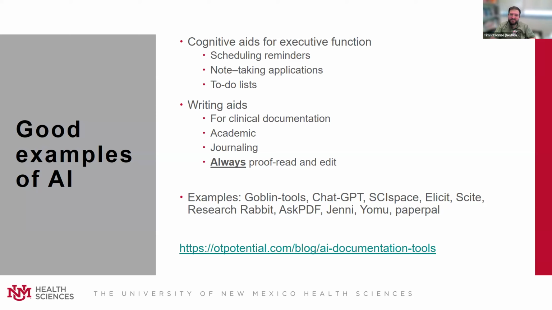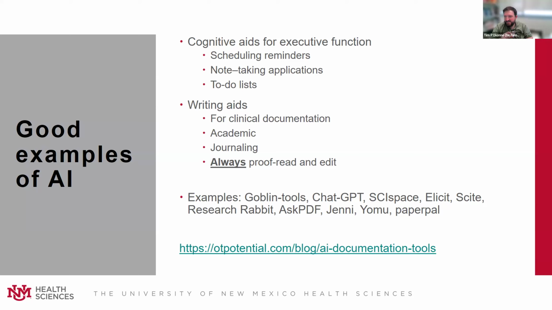But with using any of these large language models, you always want to proofread and edit because there's no guarantee that it said anything. In fact, oftentimes it makes things up when you're looking for more specific science-based things that's been found. Some examples of tools that I really like include Goblin Tools, ChatGPT,